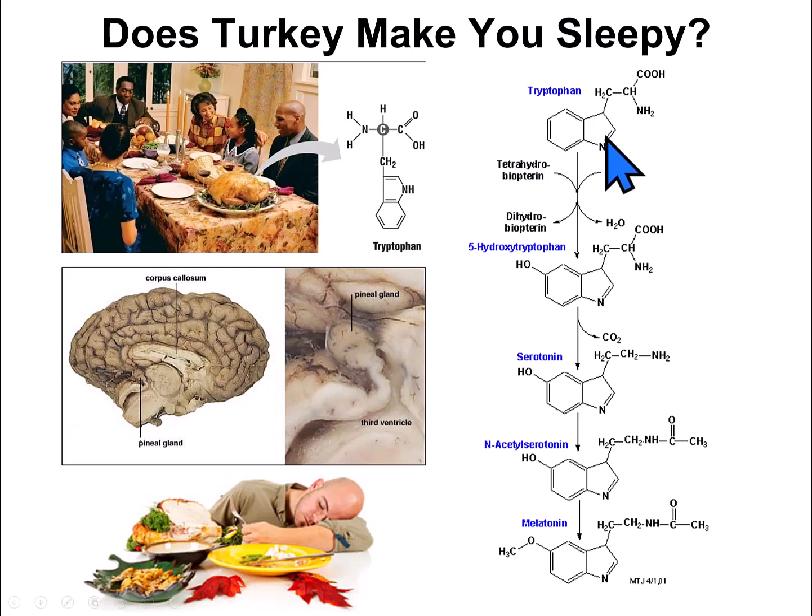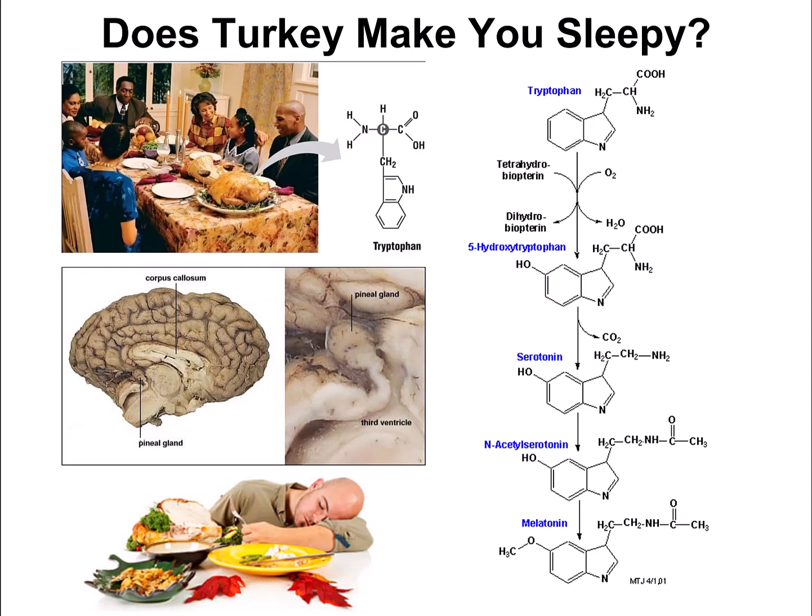Tryptophan is an amino acid, and it's found in a lot of different proteins. When you take in tryptophan, one of the things that you can do with tryptophan, besides putting it into your own amino acid sequence of skeletal muscles or other proteins, is that tryptophan is used to make this neurotransmitter known as serotonin. And serotonin is used to make the hormone melatonin. And melatonin is used in your circadian rhythm. Melatonin helps to relax you in the evening when it's time to go to sleep.